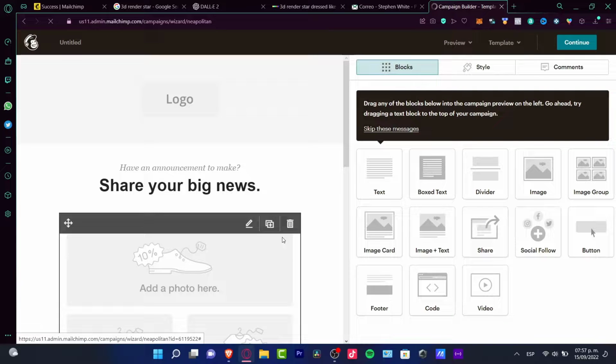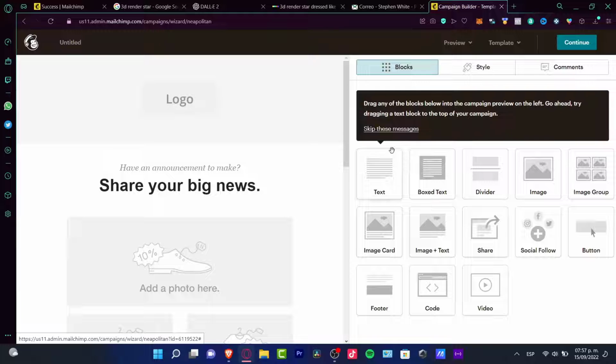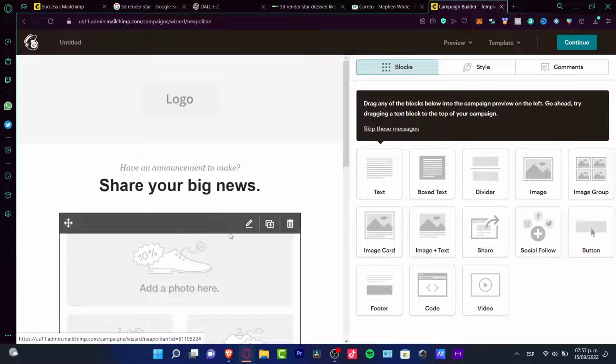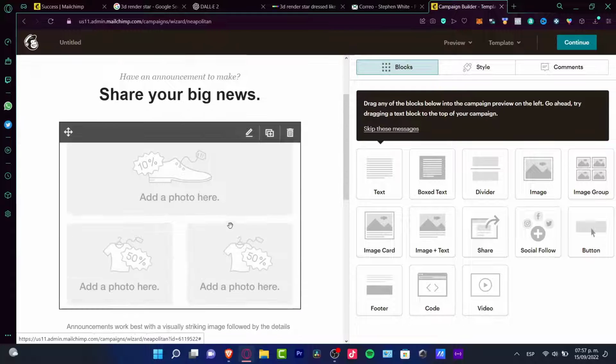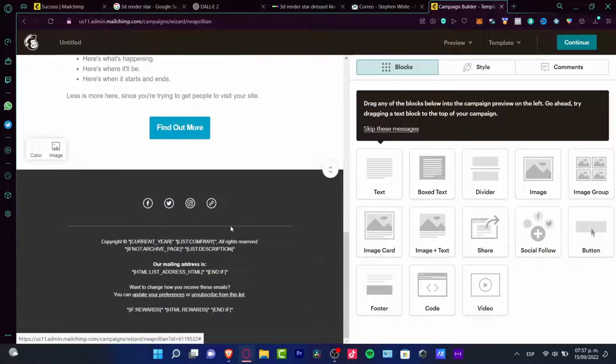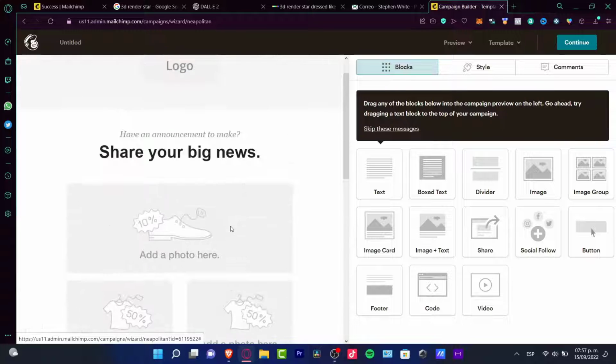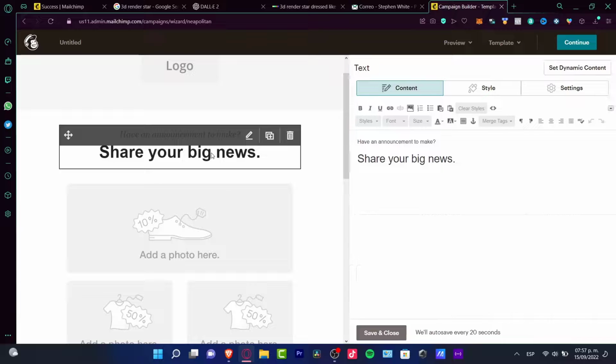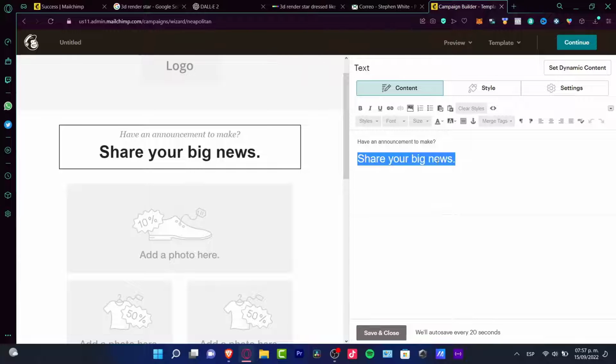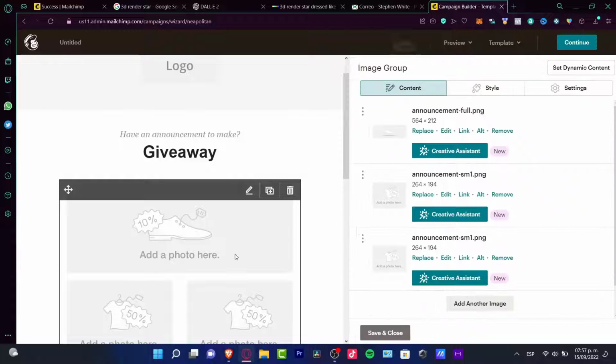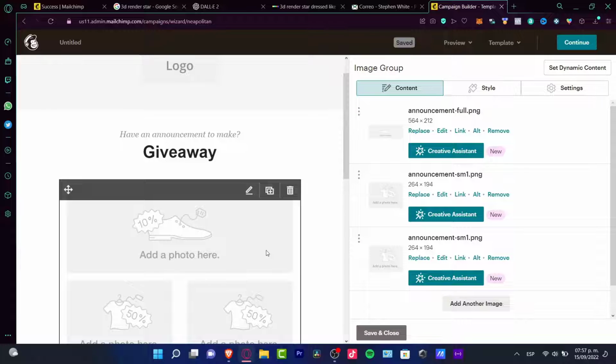So after you click on that, you're going to see that it looks too neutral, but it's kind of great because I have all these tools that I can use for making this more creative, and then I can choose a specific option. For example, here's share your big news, and I want to delete this, and I want to put in here, for example, surprise or giveaway for you,